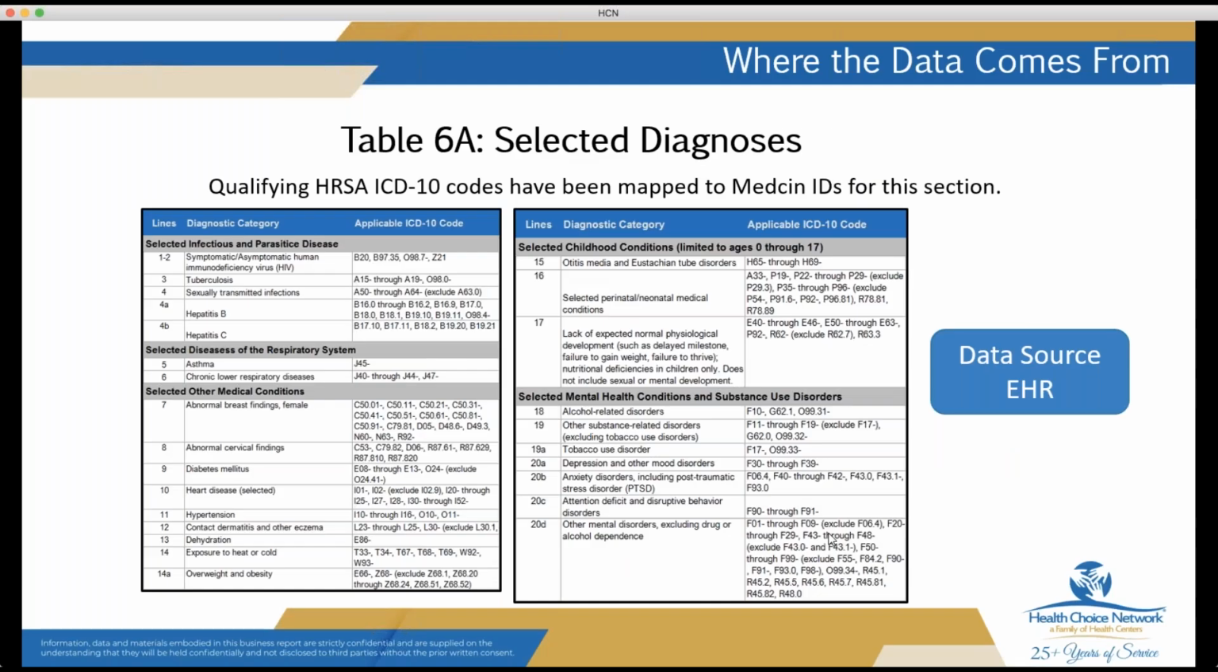Okay, so now we're on to the section on where data comes from. We'll start with table 6A. Now, table 6A does not have any measure requirements like table 6B or table 7 does, but it is still important because it gives you, at a glance, the different services or diagnoses